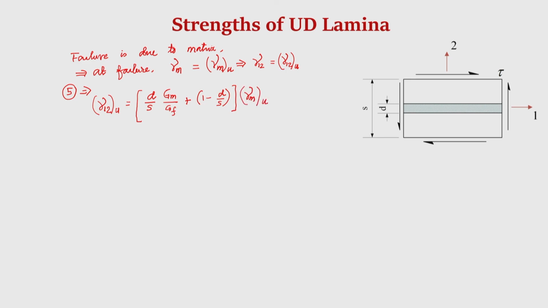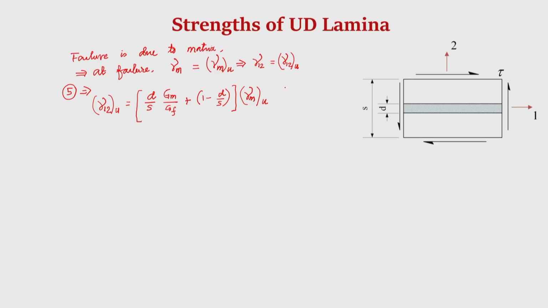So, this is the ultimate shear strain of the composite in terms of the ultimate shear strain of the matrix and other properties and dimensions. Okay. So, this is equation number 6,